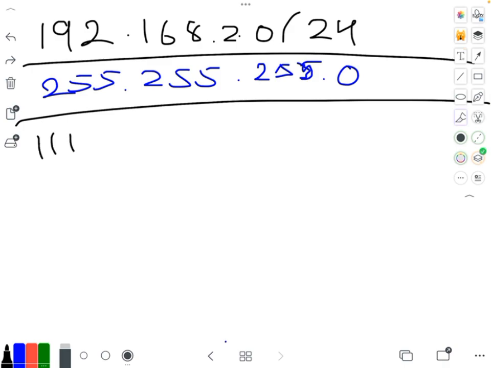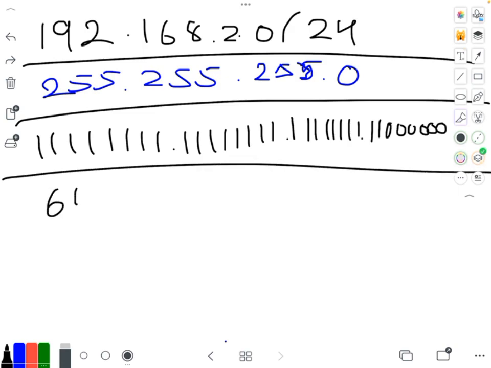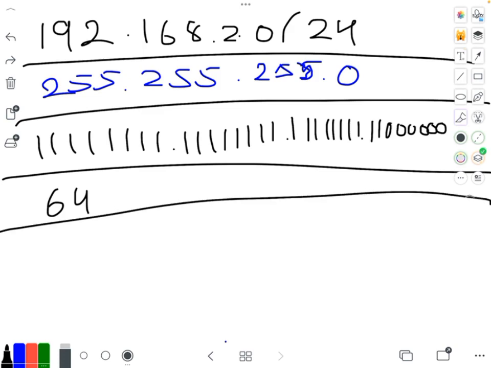So when we borrow 2 bits, our magic number is going to be 64. And this is what it's going to look like when we borrow our 2 bits, and our new subnet mask is going to be